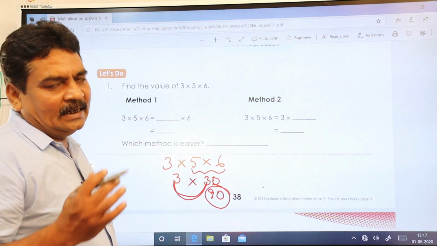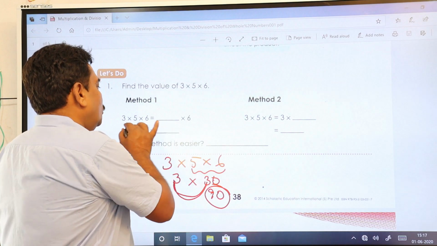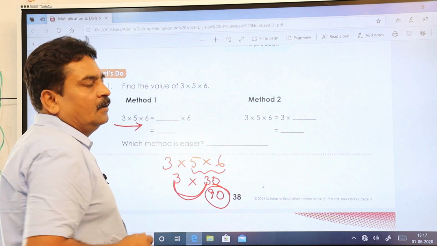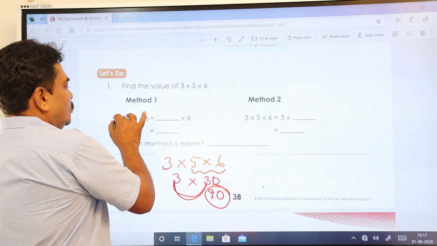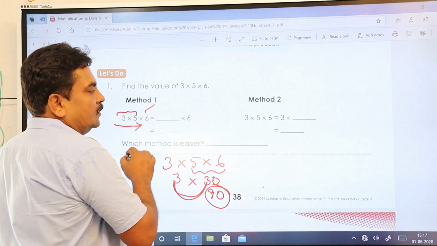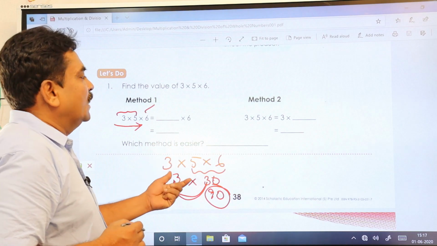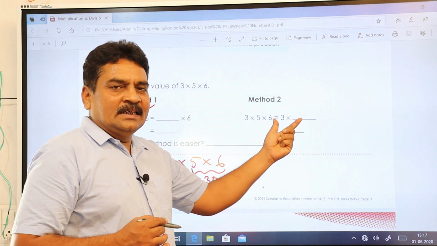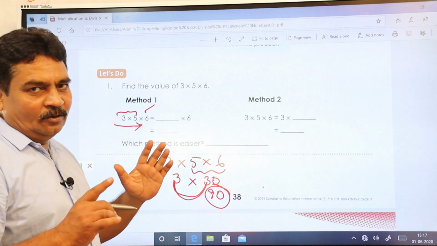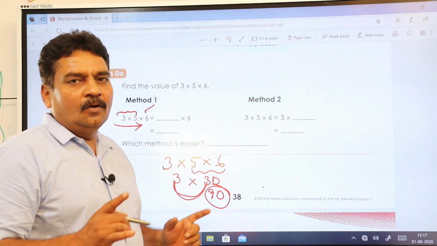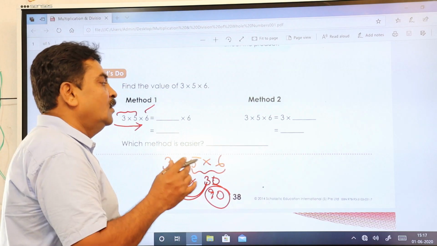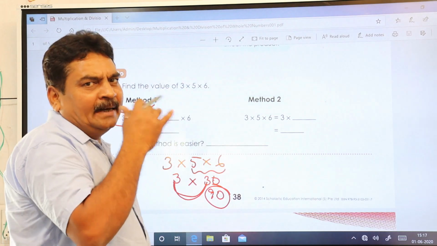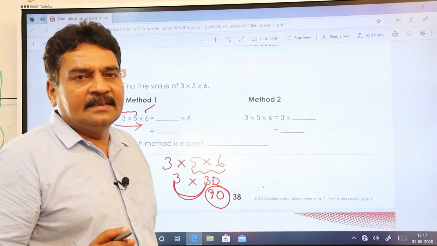Easier and all is a secondary thing. First you try to do it in a proper way. You go from left to right. First you go with this and then you go with this. So don't give me the answer, sir, for me this is easy, for me this is nothing. Let us follow only one system, but you can do it in both ways also. But to make it easy, we follow only one system.